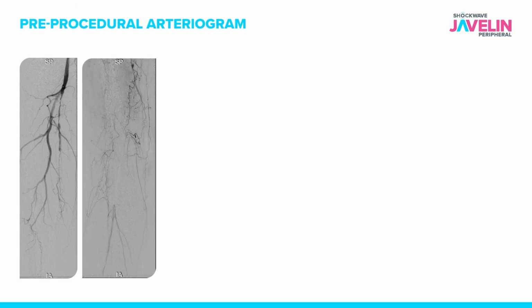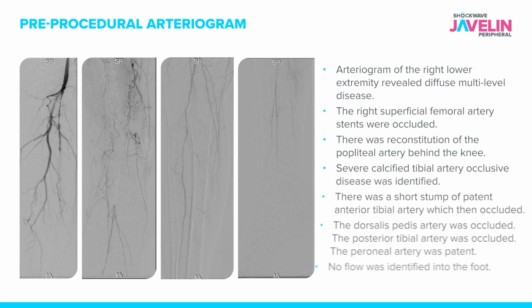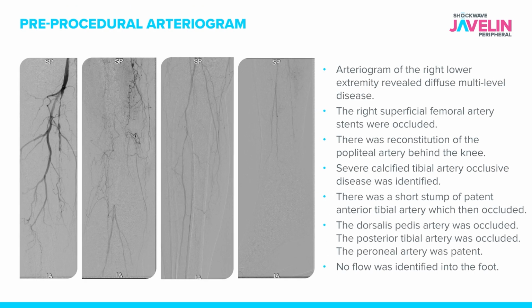The initial arteriogram was performed through a contralateral femoral access approach. This demonstrated diffuse disease within the proximal superficial femoral artery. The superficial femoral artery was occluded. There was reconstitution of the popliteal artery behind the knee, but then below the knee had severe calcified diffuse tibial